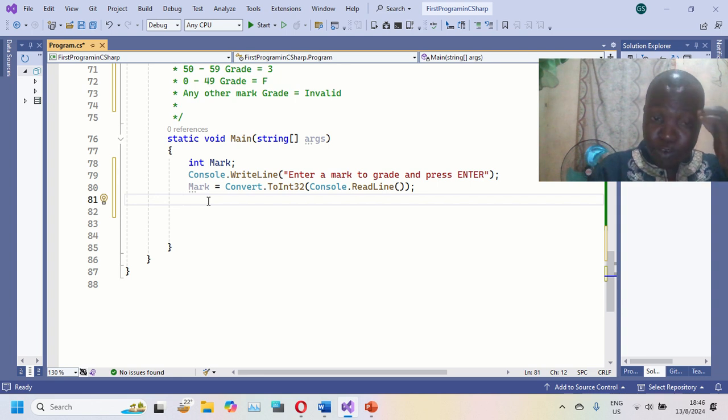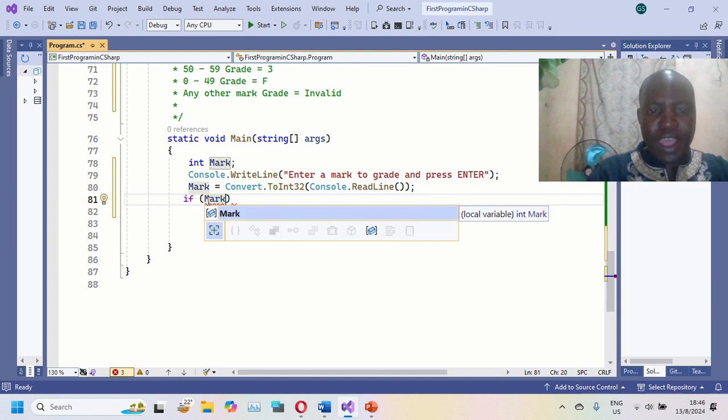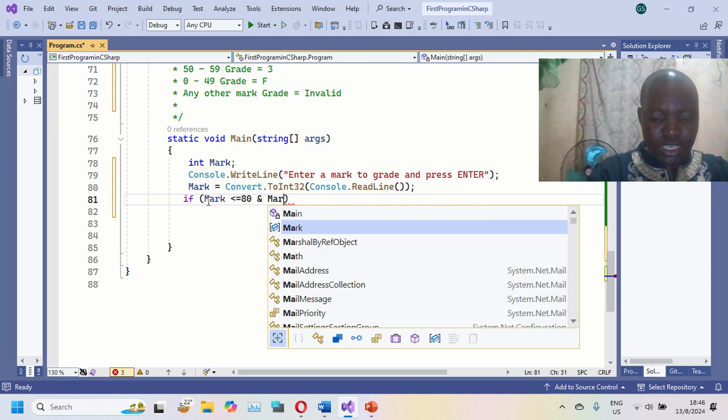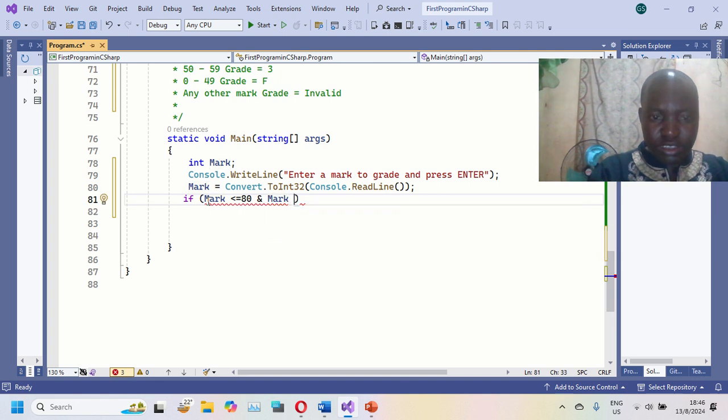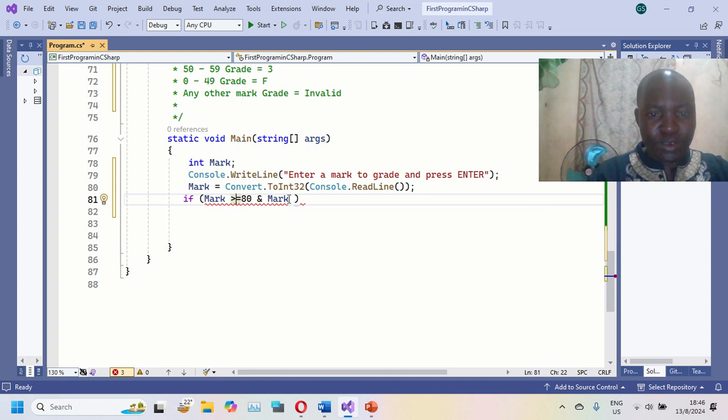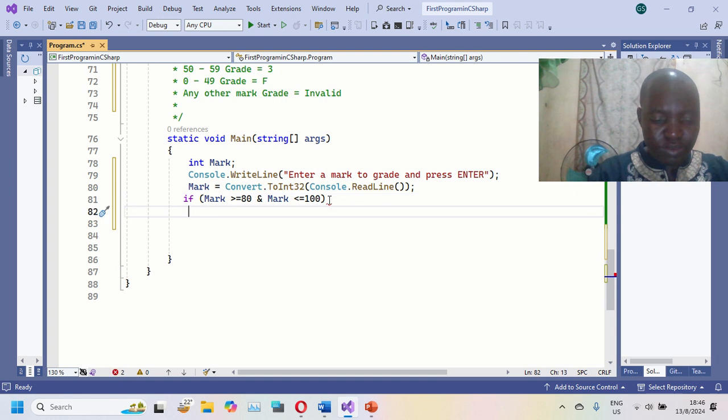So now we are performing the decision making. If we can combine, if mark is less than or equal to 80, end. This is the end operator. And mark is, we see it's supposed to be greater than, not less than. Greater than or equal to, then this one becomes less than or equal to 100. So this one, it means grade now